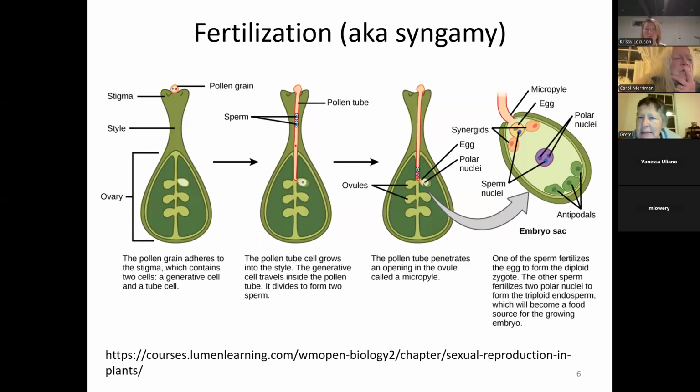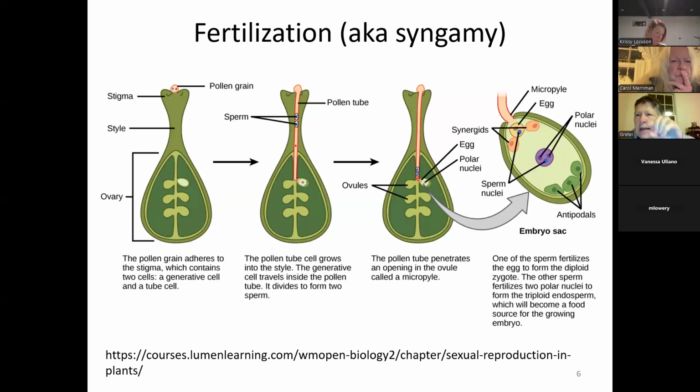The pollen grain itself actually is a cell within a cell. It's got two nuclei, it's got two cells. When it lands on the appropriate stigma, the outside cell will generate this pollen tube, which travels down the middle of the style and enters one of these ovules. The inner cell splits and travels down inside the pollen tube, goes into that ovule, and one of those two